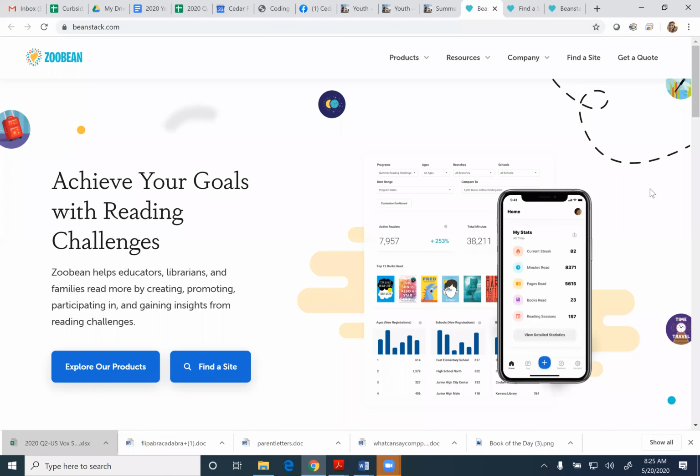Hello, everybody. This is Becca with the Cedar Falls Public Library, and today I'm going to talk you through how to use the new web application or the app you can download on your phone, Beanstack, and that is our new reading tracker. You can find our part of the site by clicking Find a Site here, or you